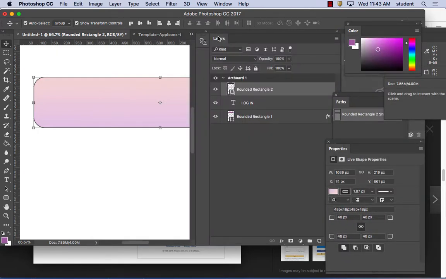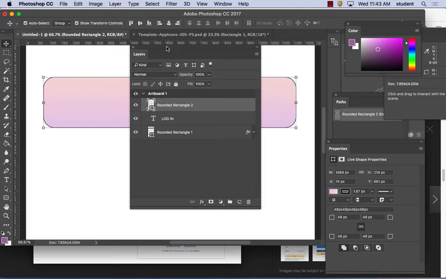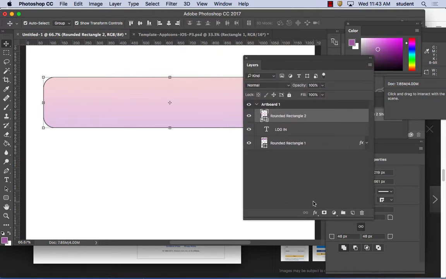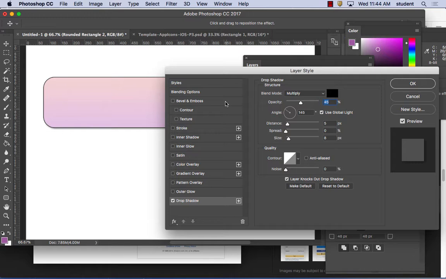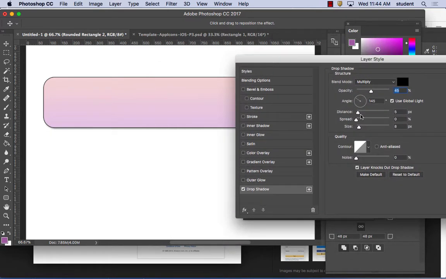And then, oh, geez, hold on. There we go. In the Layers window right here, you'll notice you have your effects down here. And so, of course, the most common would be to use the drop shadow option right here. It gives you a drop shadow option, and you can see you have, of course, distance, and you have size,